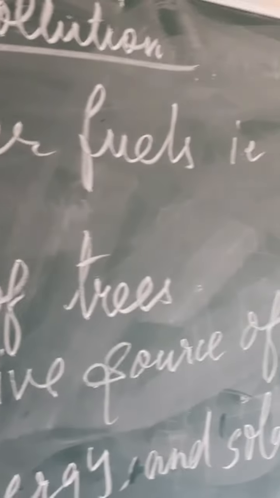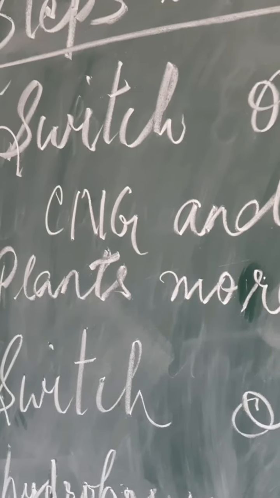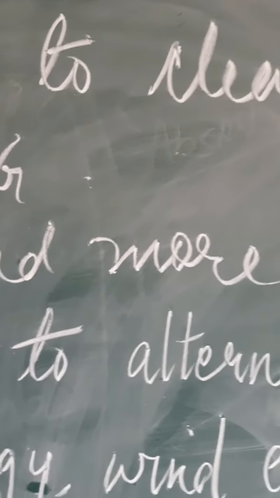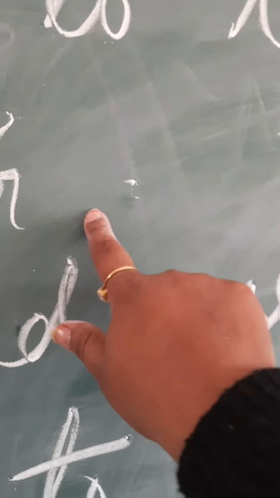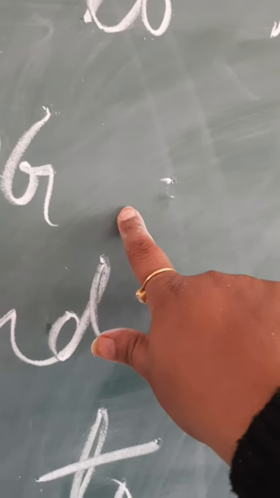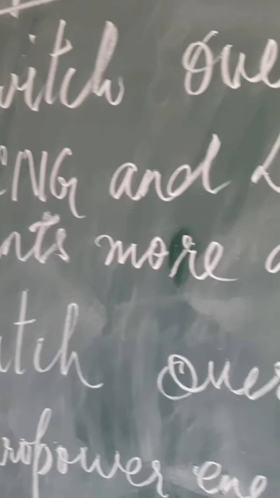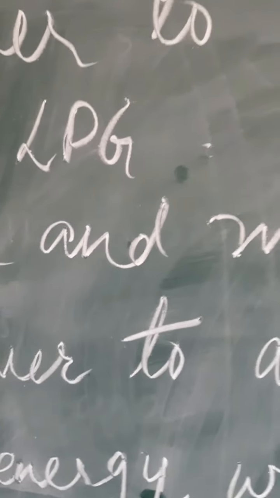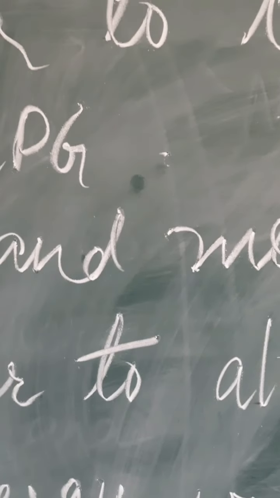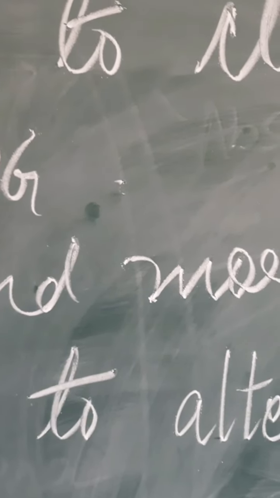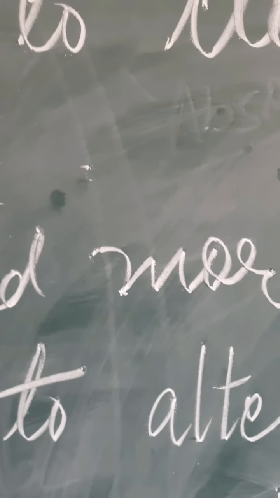Switch over to the cleaner fuel, that is CNG, which is compressed natural gas, and LPG. If you want to add one more point over here, you can add, we should go for unleaded petrol and diesel. If you want to make it more clear, we should go to cleaner fuel, that is CNG and LPG, but LPG cannot be used for vehicles. So for vehicles, if you want to rectify it, because vehicles are the basic objects which pollute the air, you can use the words unleaded petrol or diesel, and the spelling of unleaded petrol and diesel is